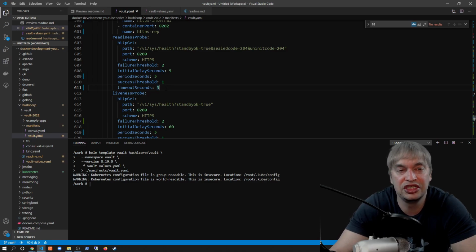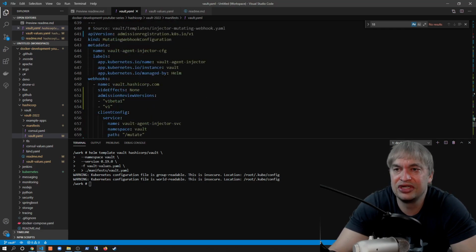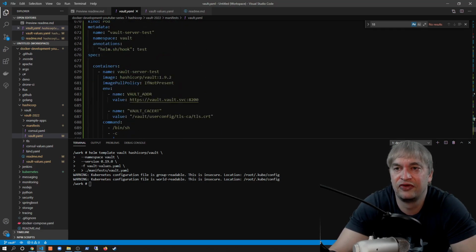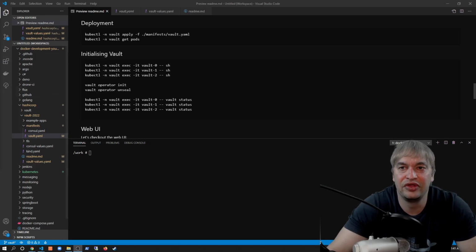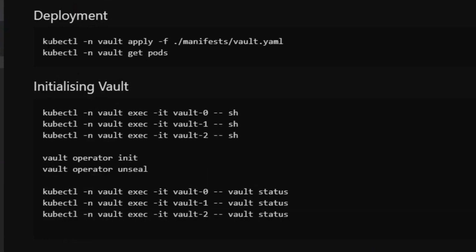So the pods will continuously restart until they are unsealed. And then we have some mutating webhook configurations for our Vault injector. And finally, a test pod to test the Vault server. And now that we've taken a look at all the YAML, we can go ahead and deploy that by saying